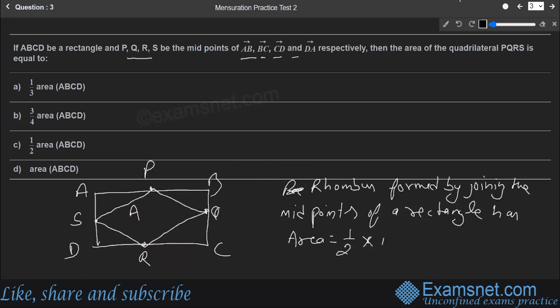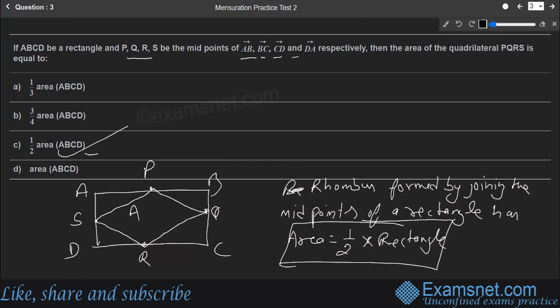Half of the original rectangle. So that is the theorem. So by this theorem, we should directly tell that the answer is half of area of ABCD, which is available